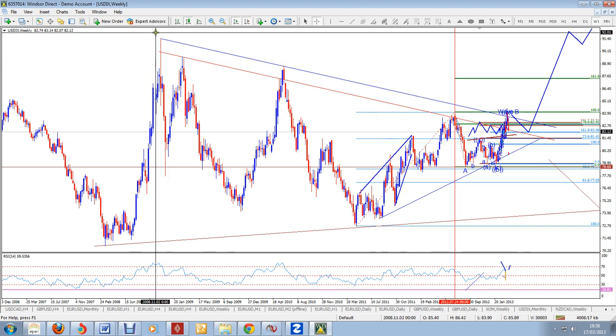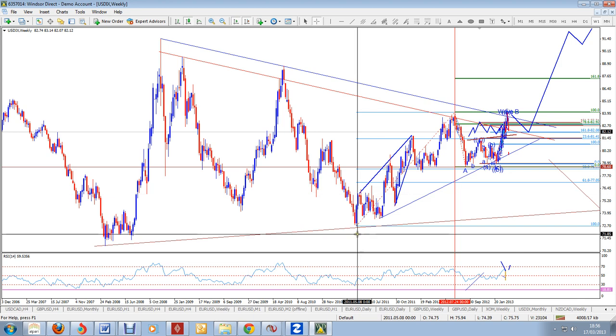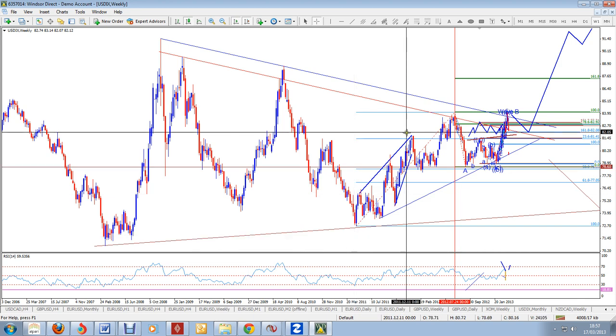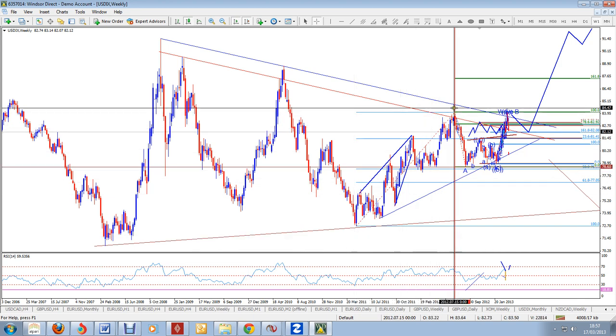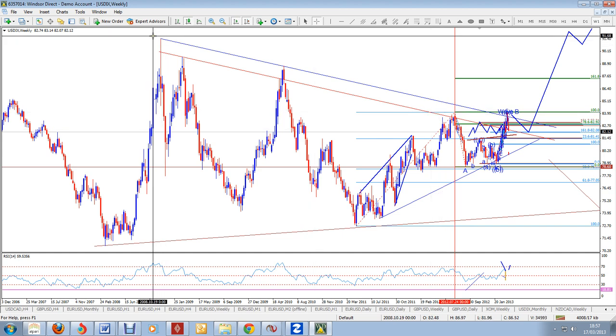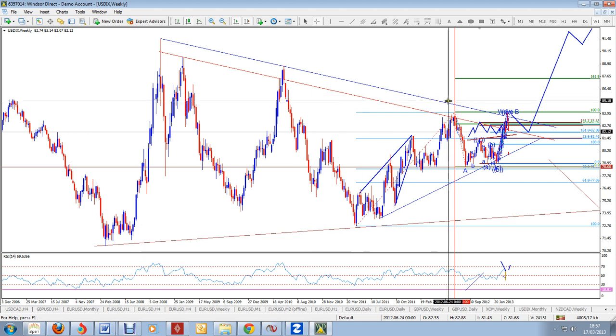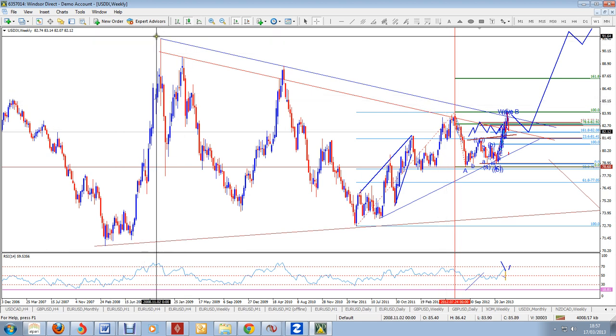So if this is a larger wave A, then I think this is A, B, C as a minor A, and then I'm thinking this one is an A, B and C as a minor B rather. So we've got larger wave A, then we've got